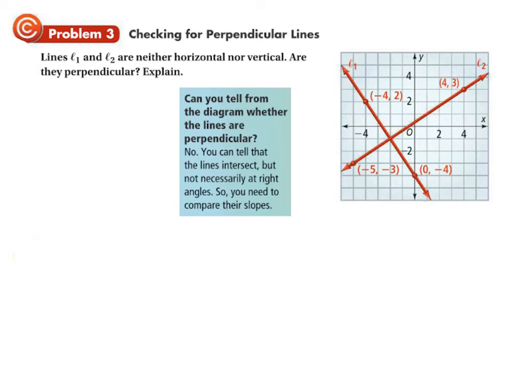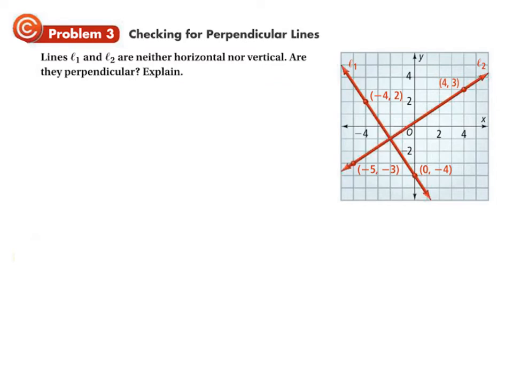Nope, you can tell they intersect, but do they intersect at right angles, which is a very specific thing. And no, we can't actually tell that from looking at it. It could be close, but maybe not exactly right. So we have to actually compare their slopes. And when we do that,